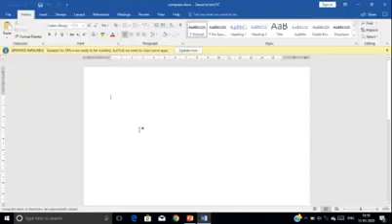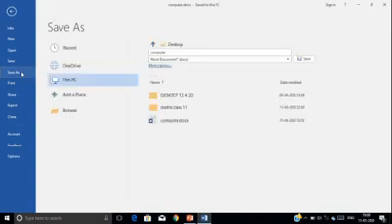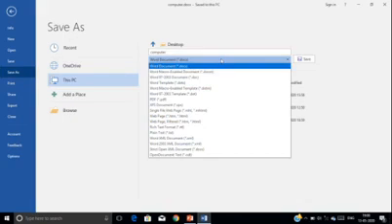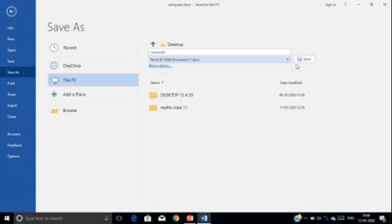Suppose if I want to change the extension of this file from .docx to .doc, I can do that. How? By going to the File option, and here you will find a Save As option. By clicking on Save As, here you will find the different extensions of the word processor. Here you can find Word 97 to 2003 document, and its extension is .doc. By clicking on it and clicking on the Save option,